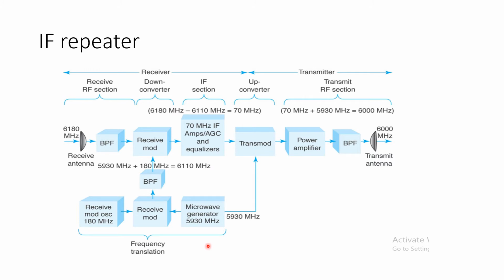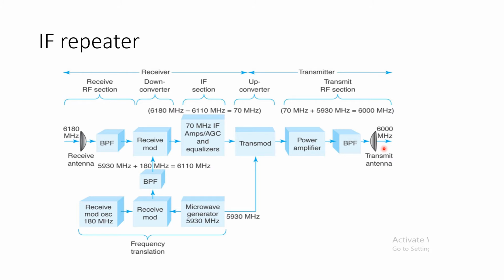whole circuitry. And another thing, why we have used the two frequency ranges. Whatever RF frequency we are receiving here, the same we are not transmitting. Its reason will be explained in the subsequent slides.